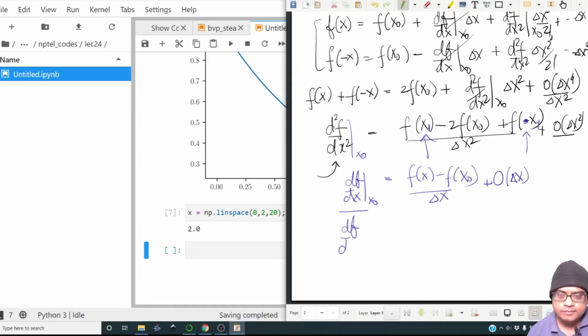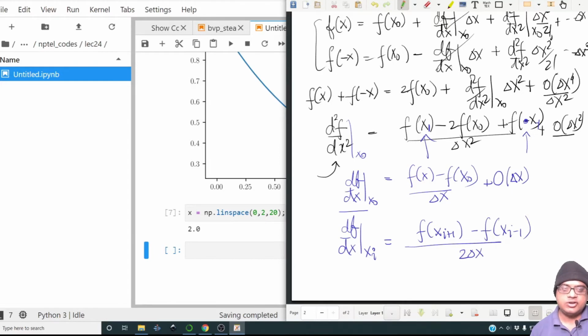to do it is going to be f of i plus 1. So if I call this df/dx at xi, it's going to be f at xi plus 1 minus f of xi minus 1 by 2 delta x. Essentially, it is saying